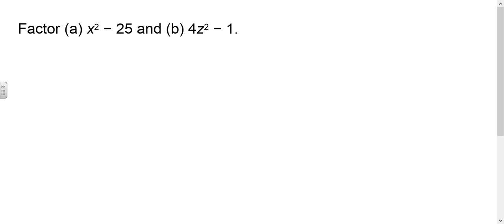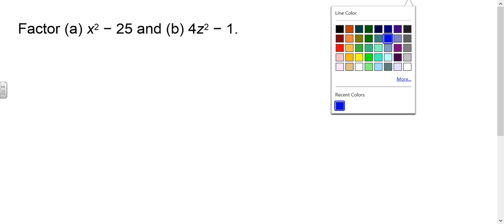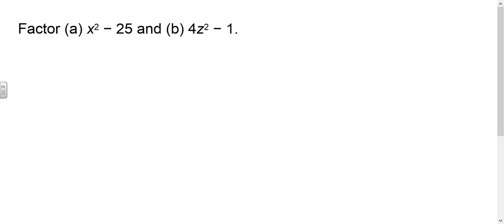If we look at these, you notice that both of these are binomials, which means there's only two parts. Normally, when we've been factoring so far, we factored trinomials, so there's three parts. So you had something that looked like x squared plus bx plus c. And remember, they had to multiply to be the last term, and they had to add to be the middle term. Well, with x squared minus 25,